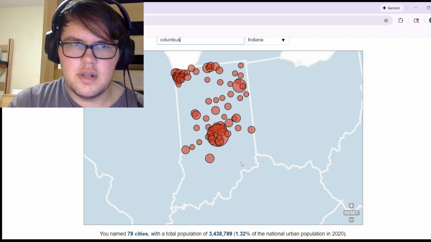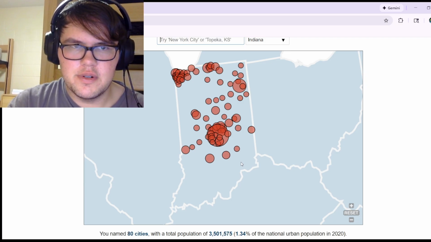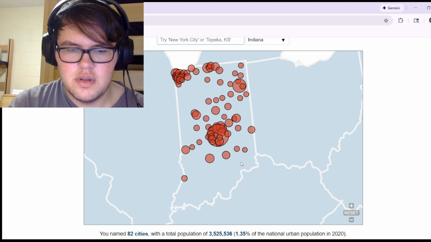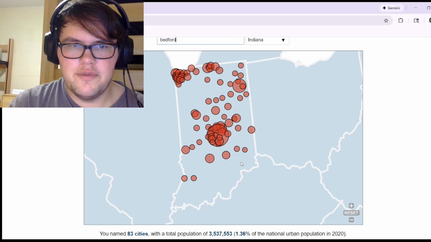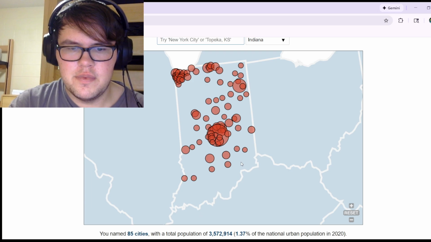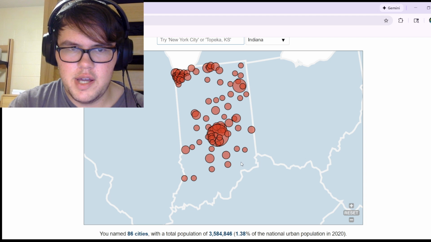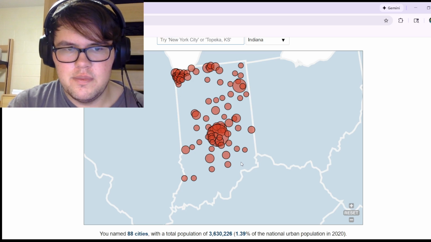Bloomington, Columbus, Greensburg, Batesville, Vincennes. Is this just... No, I'm forgetting Washington. Then Bedford, then Seymour. I forgot the Martinsville strip again. I always skip over it, and I always remember it, and then I always come back to it. Franklin, Shelbyville,